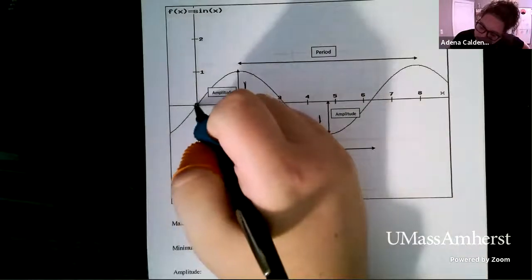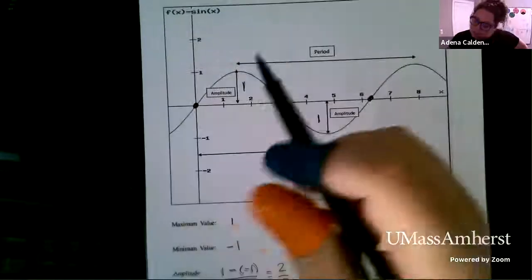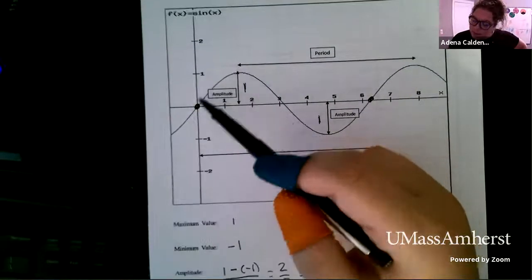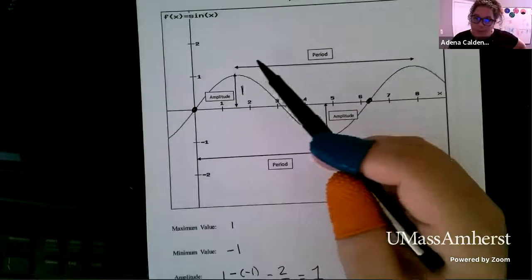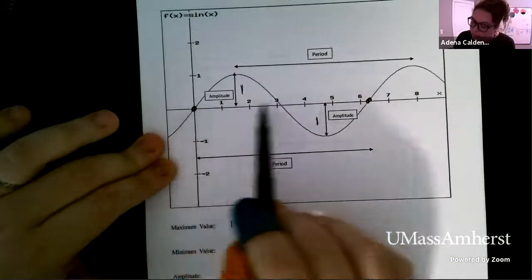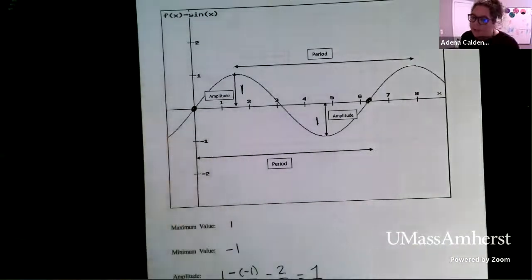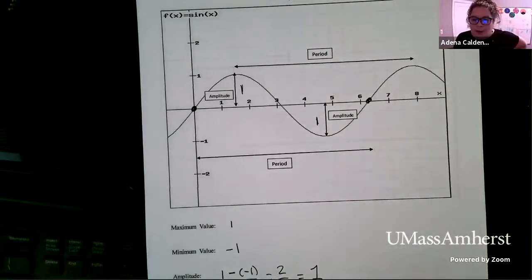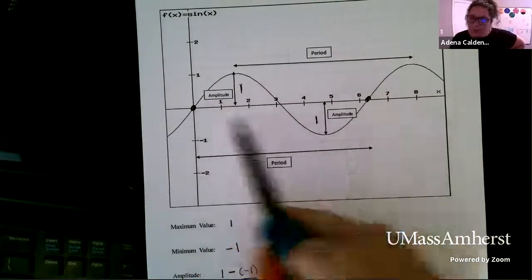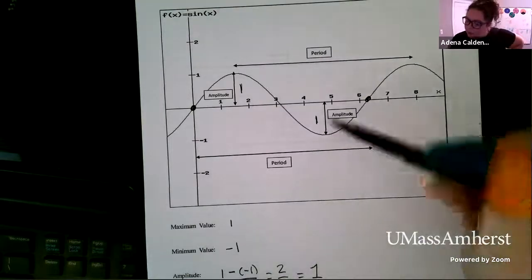If you look at where sine is in terms of the origin, okay? Sine typically starts off as an increasing function, so it's going up, and it also starts at the midline of the function, right? If you think about the midline, it's a line that crosses right through the middle. Sine starts at the midline. This is going to be important because later we're going to be trying to look at models and determine if they're sine and cosine. And so we're looking if we start at the midline of the function to help tell us if it was sine, okay? So we know that the amplitude is 1.